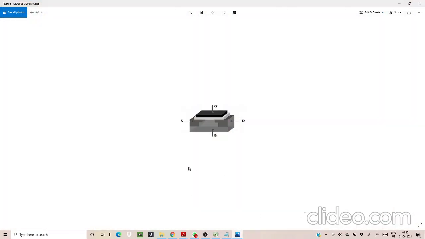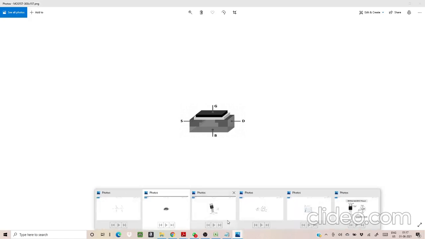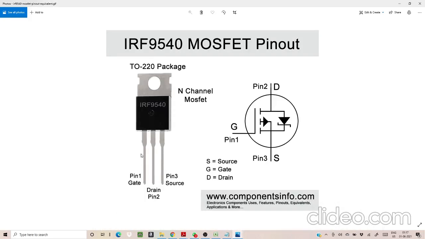See, this is a MOSFET. Okay, this is a four-terminal device. Source is placed here, and drain is placed here. Gate is placed at the top, and this is the body configuration. So this is your total configuration of the MOSFET. But the symbol of the MOSFET looks like this. You can find this in your lab.